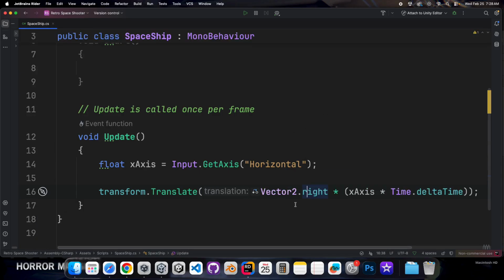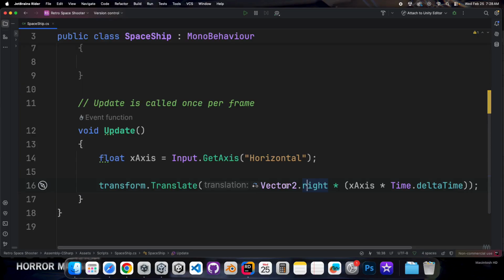and let's clean this up a little bit, we're going to take that Vector2.right, which is going to move your object positively on the X axis, 0, 1 here. And then we're going to times the input from the keyboard times Time.deltaTime. This is going to allow the object in Unity to be frame rate independent, based on my computer versus your computer here. And if I go ahead and do Command S to save or Control S to save, we can go back to Unity,